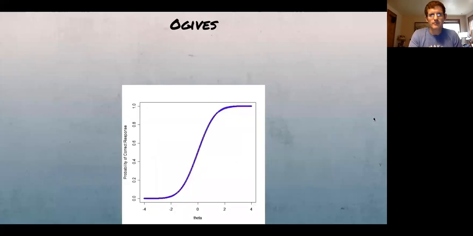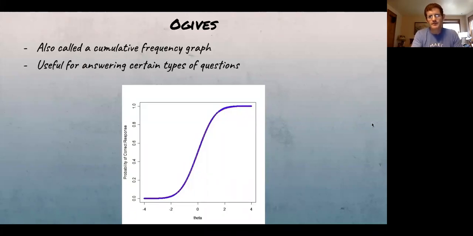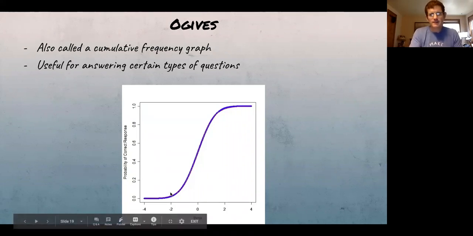The last couple of charts are weird ones that were not in your book. The ogives will appear later, and it is pronounced ogives. They're called cumulative frequency graphs or charts sometimes, and they're useful for answering certain types of questions. I'm not getting into it right now because we're not going to see those questions till next chapter. But here's the way it works. As you go from your lowest value, your min, to your max, you show what percent of the data